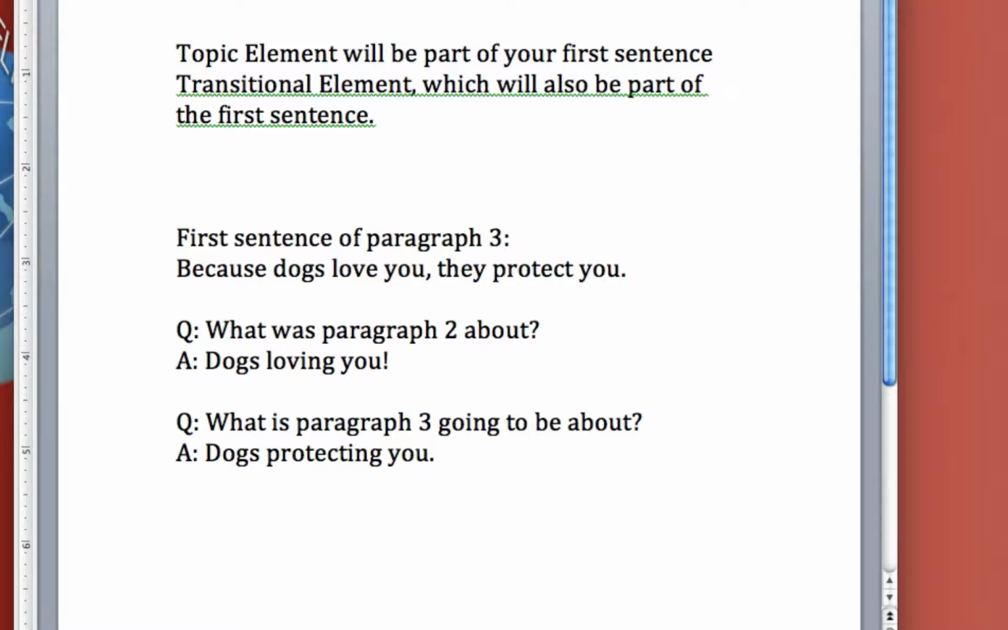So notice that we do have the topic of paragraph 3 in the first sentence of paragraph 3. And the topic is dogs protect you. Okay, let's identify this topic element by putting it in bold. There we go. And you can see that the justification, the reason for talking about this now in paragraph 3 is related to what we talked about in paragraph 2, which is summarized here